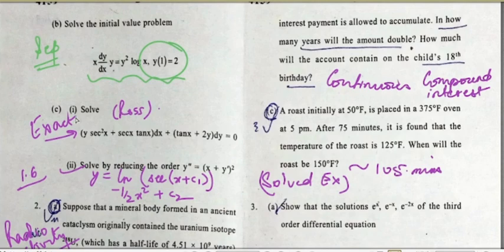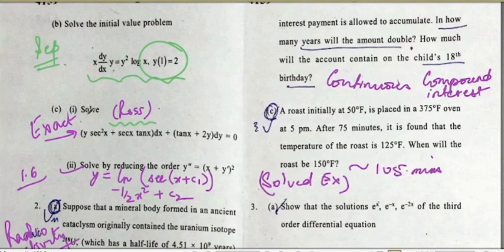C part, again similar to the previous year's 2023 paper, had 2 sub parts. The first one was a direct exact differential equation, a direct question from Ross, and the second part was from 1.6 of Edwards and Penny, a standard question from the textbook exercise where it's expected to reduce the order. You can see that the dependent variable y is missing, so it's that category, and you can easily call dy by dx, or y dash, as p and then make it separable in p and x and so on. That was expected in the second part, a very easy question.